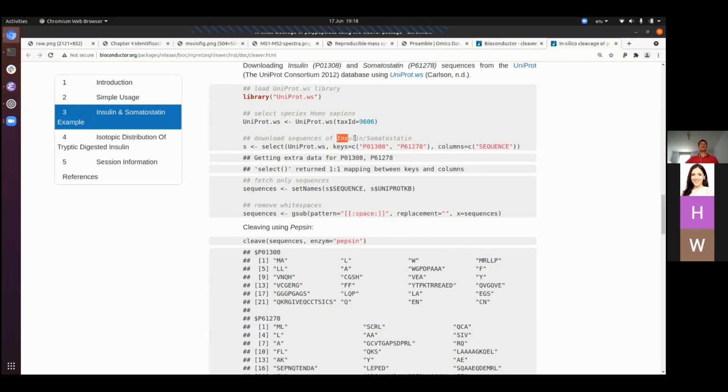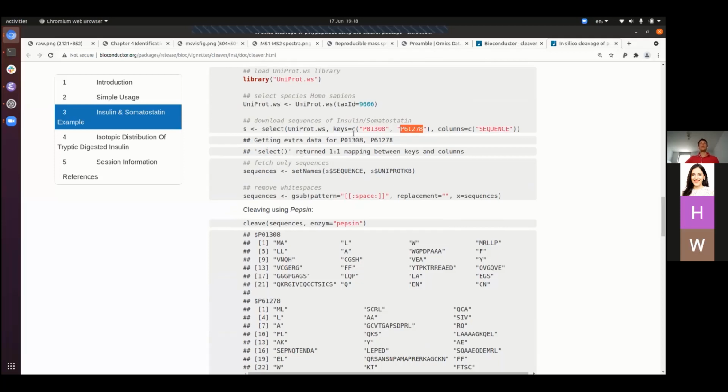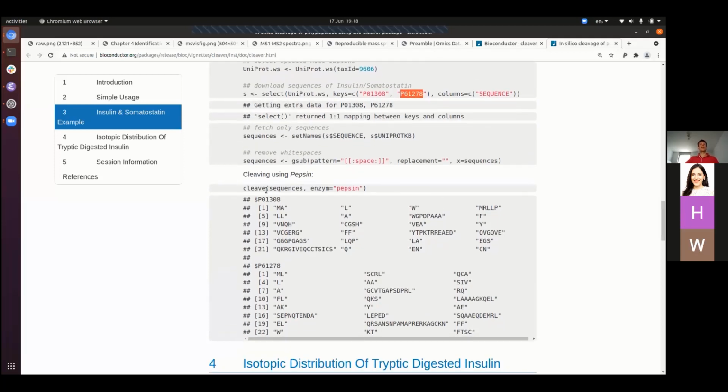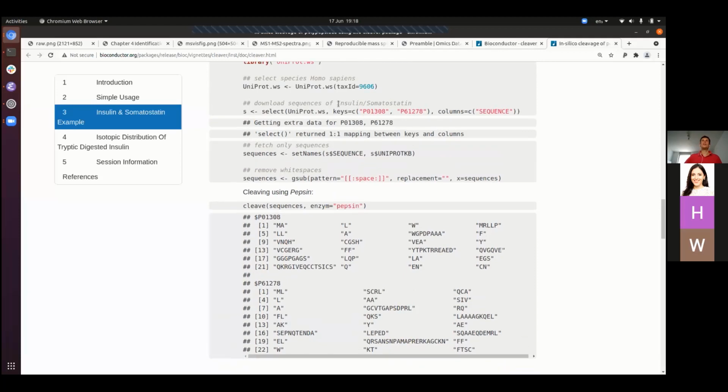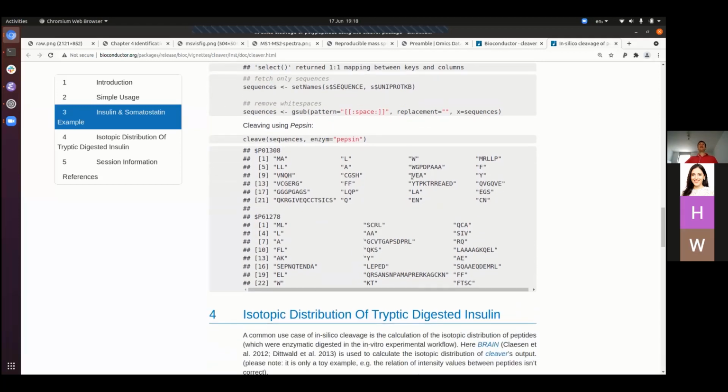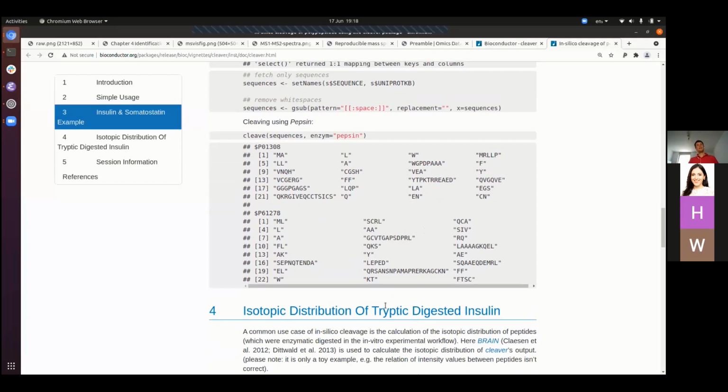Okay, it's insulin and somatostatin. These are the two identifiers. These are UniProt identifiers. So here we have the sequence of these two proteins, and we're going to say, let's cut these protein sequences using another enzyme, that is pepsin. And that one will create these possible peptides. Right? So if we had a very simple biological sample that only contain these two proteins, then these are all the possible peptides that we would observe